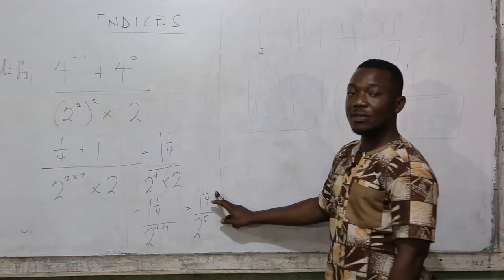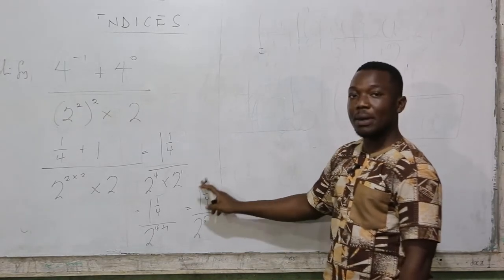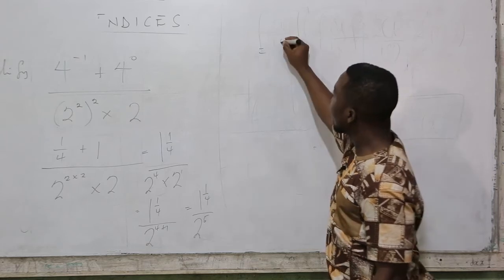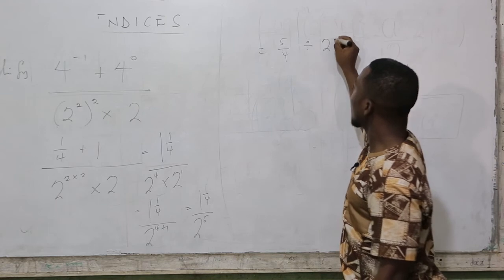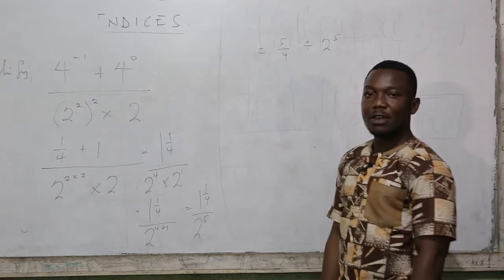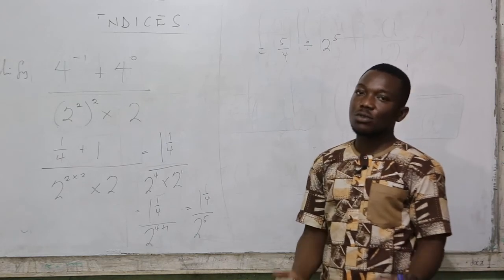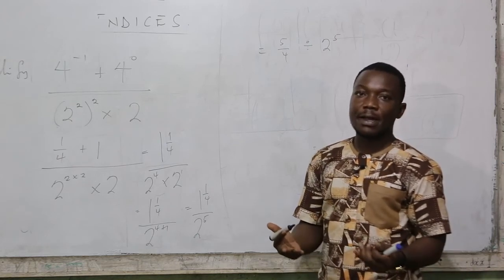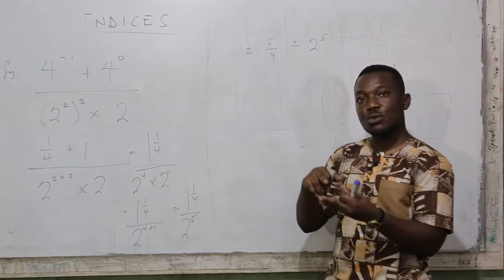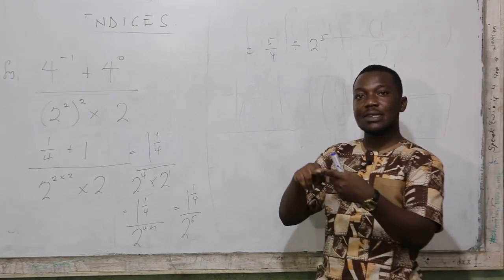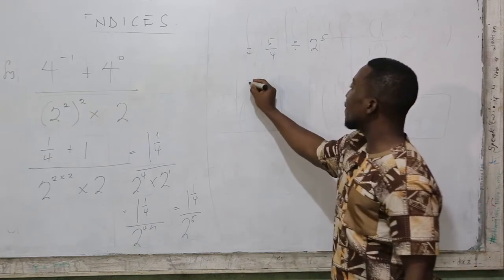Let's try and change this 1 and do a proper division here. 4 times 1 plus 1, we are having 5 over 4 divided by 2 raised to the power 5. 2 raised to the power 5 means 2 is going to multiply itself 5 times. So let's go through. 2 times 2 is 4, 4 times 2 is 8, 8 times 2 is 16, 16 times 2 is 32. So here we have,